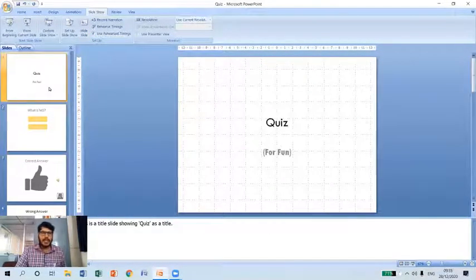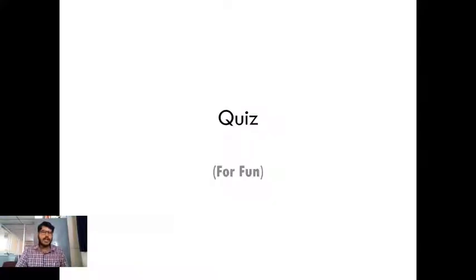So now let me play a slideshow. If I press F5, obviously it has to start with the main slide, that is the beginning slide. When I click here, it will skip the second slide as well as the third slide. The second slide is the questionnaire slide, and the third slide is related to the correct answer, but we have hidden those two slides. So now, instead of showing those two slides, it has to display the fourth slide, that is the wrong answer slide. Let me show you how it works.